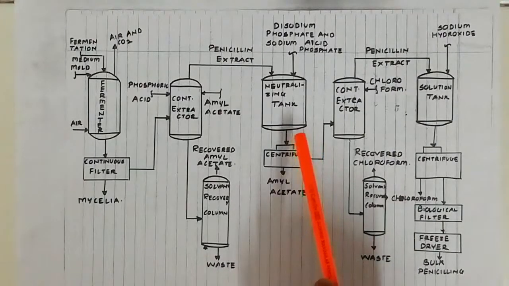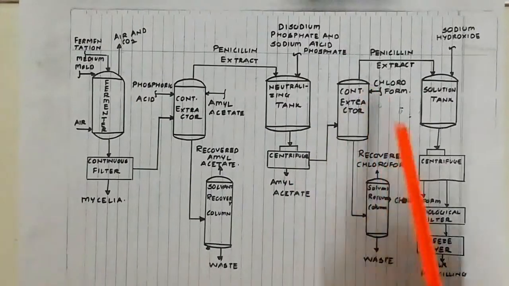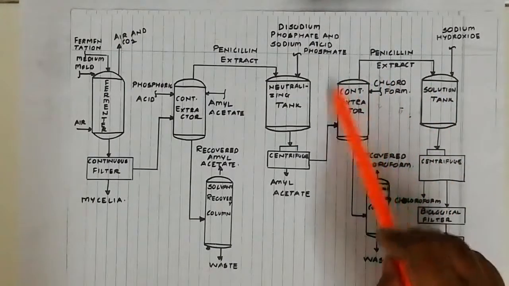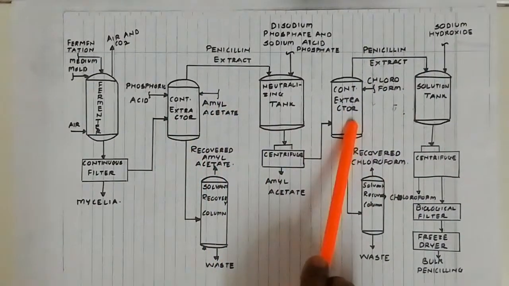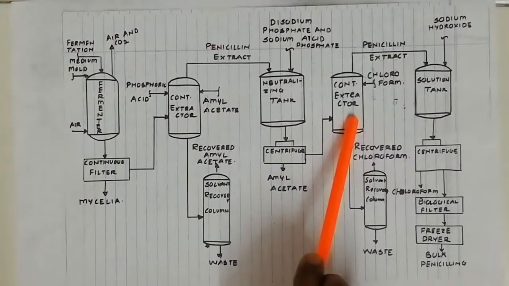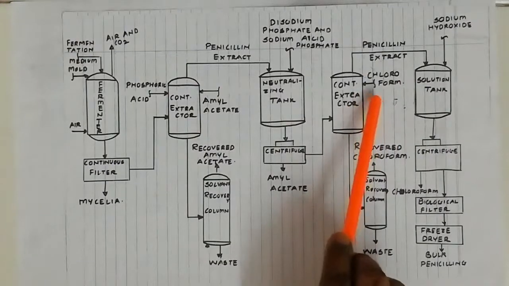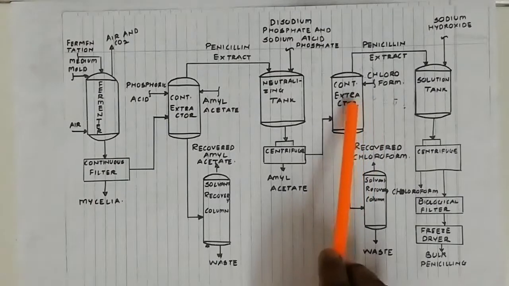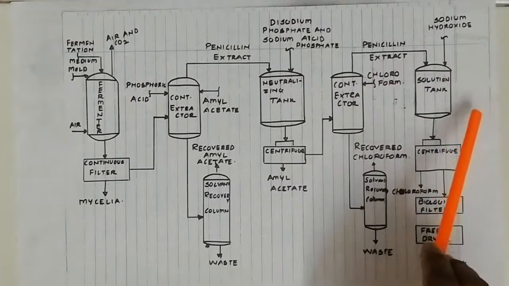Now the rest of the part, that is penicillin, is given to the continuous extractor for recovering purposes. This buffer solution is given to the continuous extractor. Now it is given to the second set of the continuous extractor. The first set of the continuous extractor was here, and now the second set is given. In this, the chloroform is added. Chloroform and amyl acetate, since a part of the amyl acetate will obviously be there, so the amyl acetate and chloroform base will be added. Then they are given to the solution tank.